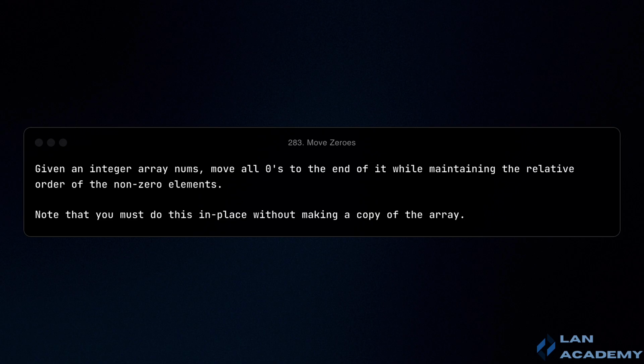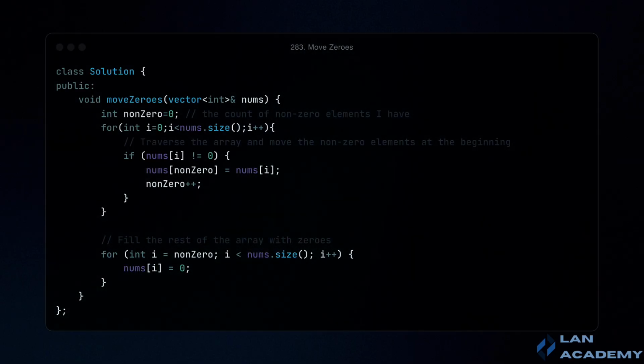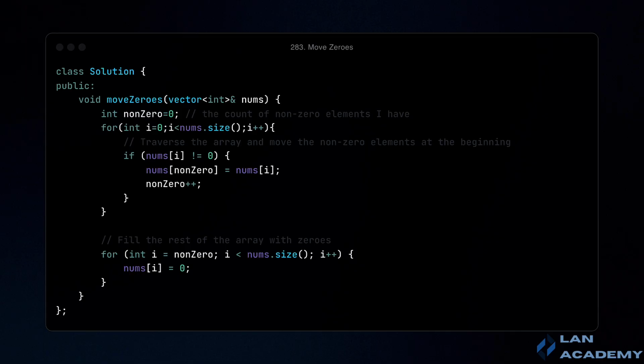making it suitable for memory-constrained environments. To achieve this transformation, I'll use a strategic two-pointer technique. This approach optimizes the process by minimizing unnecessary operations and ensuring efficient traversal through the array. The two-pointer technique is especially useful in array manipulation problems because it allows me to manage multiple conditions simultaneously with minimal overhead.